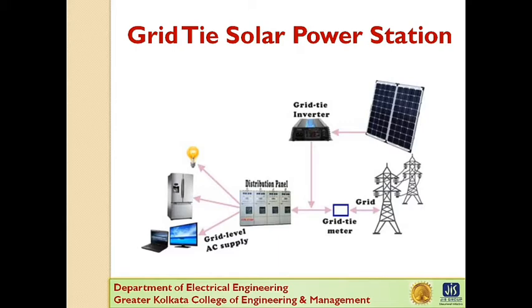In a grid tie solar system, consumers consume electricity produced by the solar captive power plant during the sunny daytime and also export surplus energy to the grid. But at night, while the solar plant does not produce energy, they import electric energy from the grid for consumption. The main disadvantage of this system is that if there is a power cut in the grid, the solar module should be disconnected from the grid.